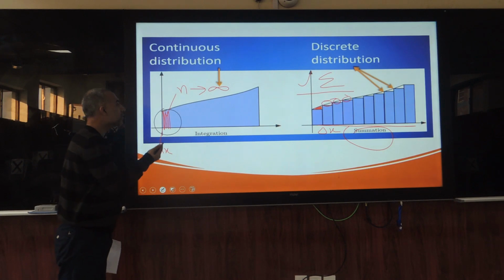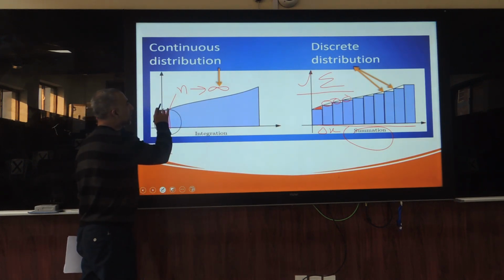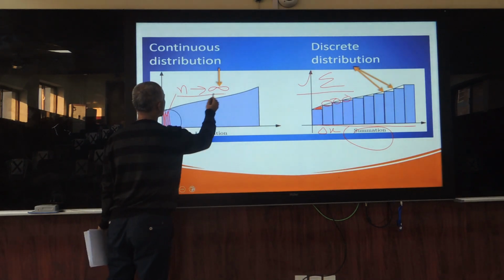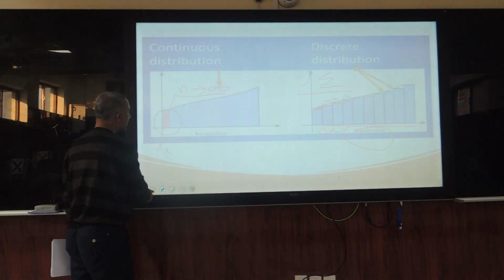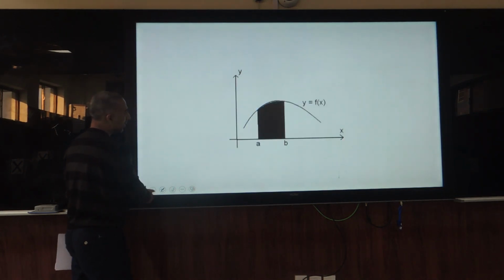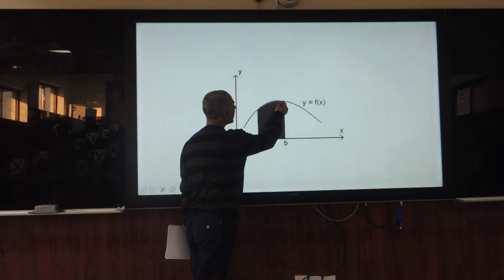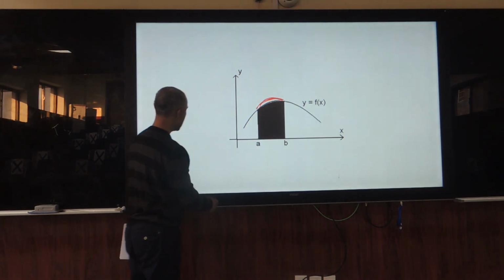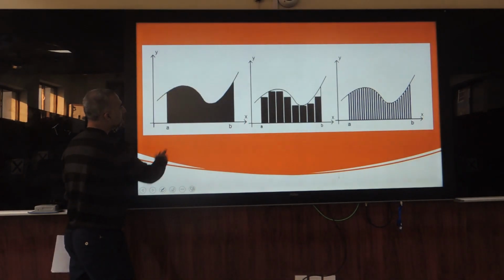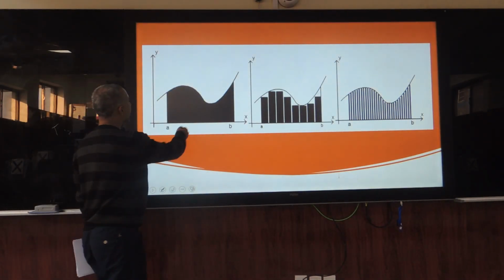Let's see why we need to partition the area under the curve into infinite rectangles. It's very simple to understand the concept of the area problem. See, we want to determine the area under the curve. Here it almost looks like a partial segment, or you can say a sector of a circle. If we look a little more closely, we see that